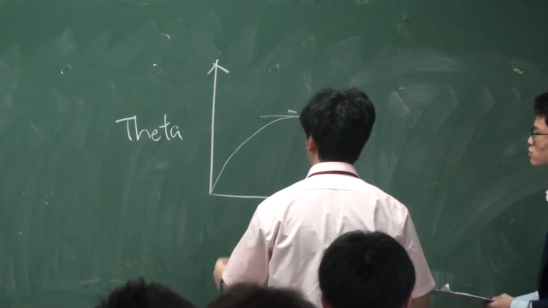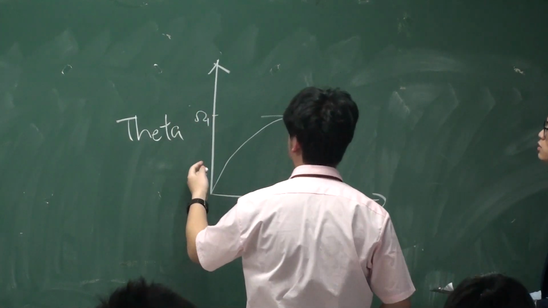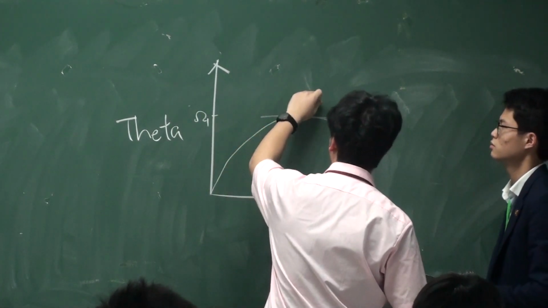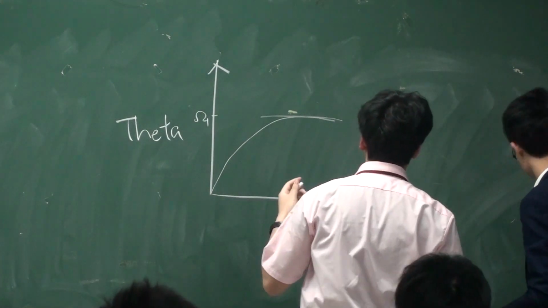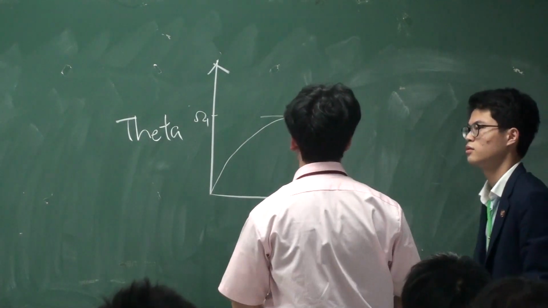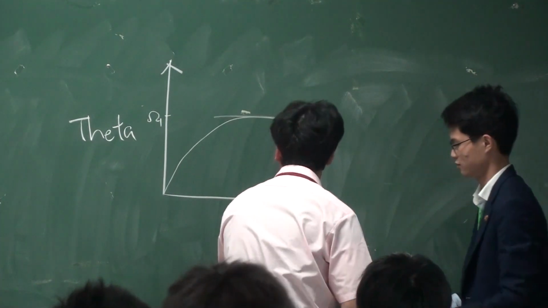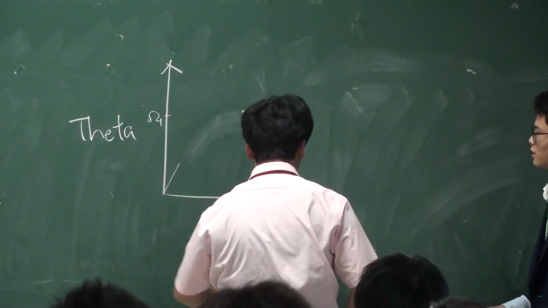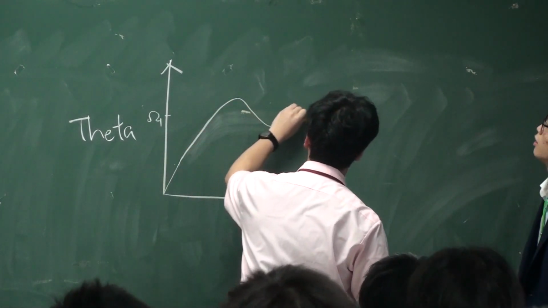So before it reaches the equilibrium point, which here is omega 1, its energy will all be used by friction. So if I have the priority to change it into a material of very small friction,